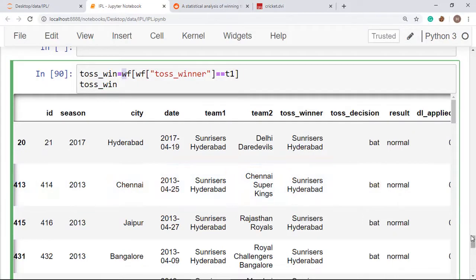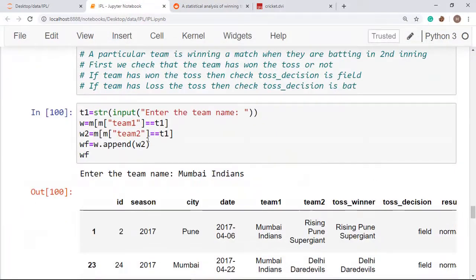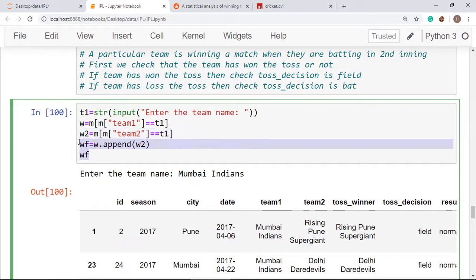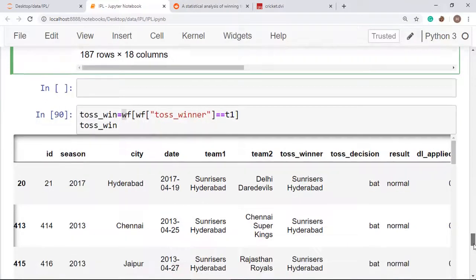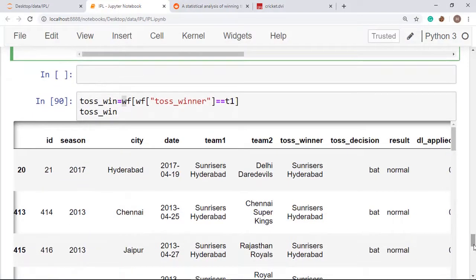And what is WF? WF is the final data set where we have collected all the rows where Mumbai Indians has participated in the game. So we are taking that particular data frame for the data analysis and leaving out all the other rows, not under our consideration, just removing all those rows.